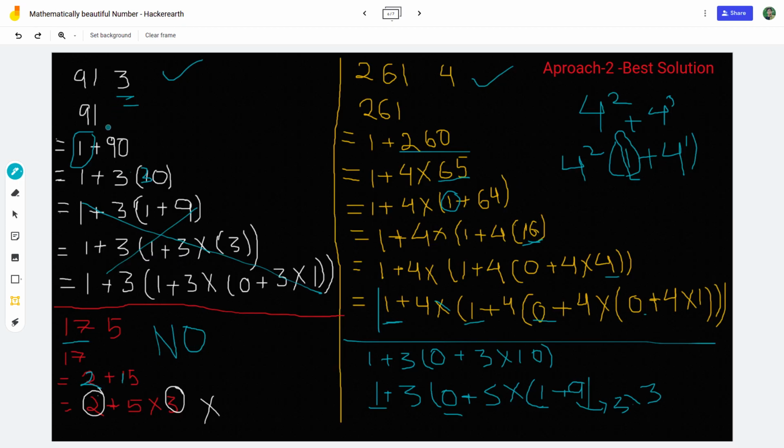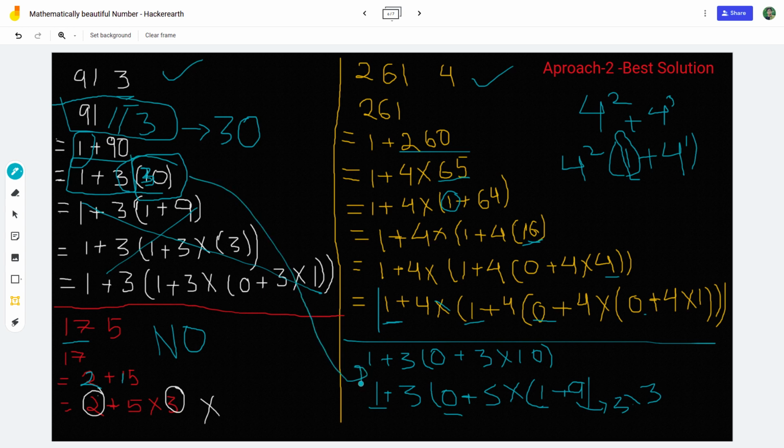What I'm doing is simply dividing it by 3, like 91 by 3, so it will be 30. Now we are going to check for this problem. Now we have solved till this part, so the next iteration of the while loop will check for this one.